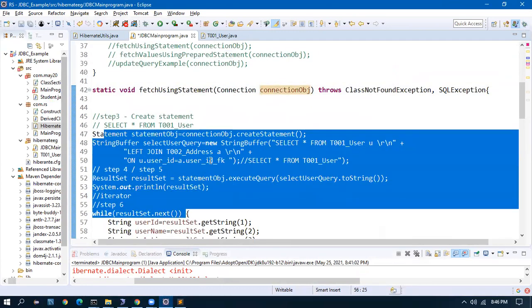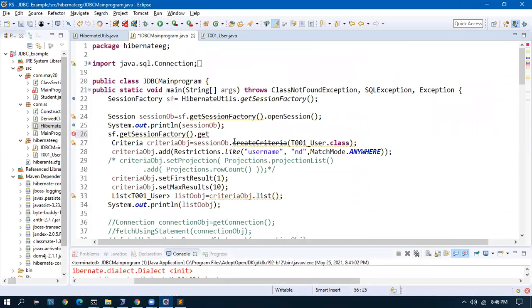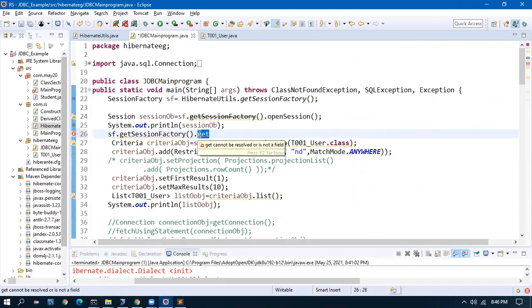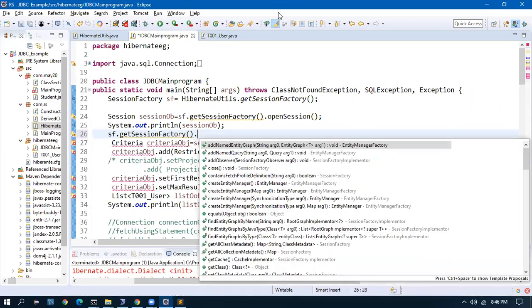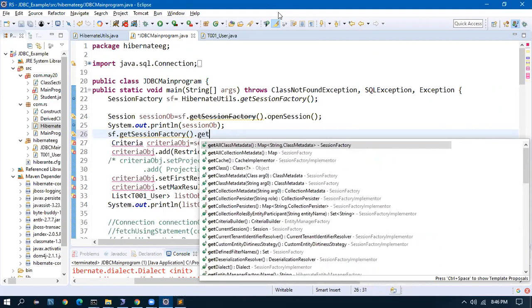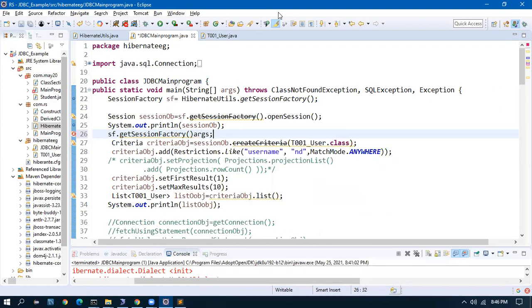So we can also run queries using the Hibernate connection.